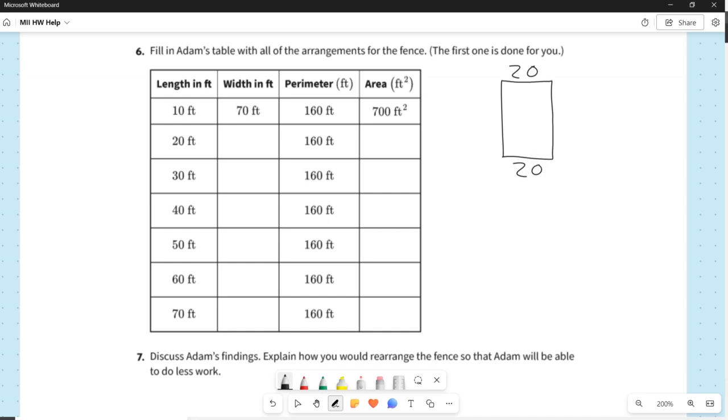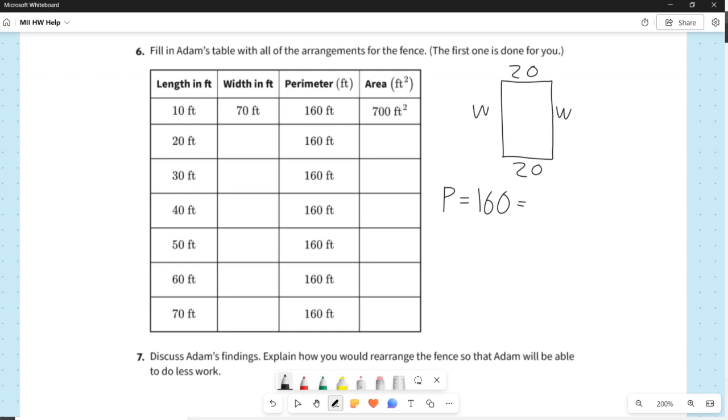Whenever we don't know a value, one possible strategy is just to label it. We'll just label it as x. Actually, we don't always have to use x. We'll use w, because that's the width. So w and w. Now, we know that the perimeter is 160. That does not change for every single rectangle in this table. So if the perimeter is 160,